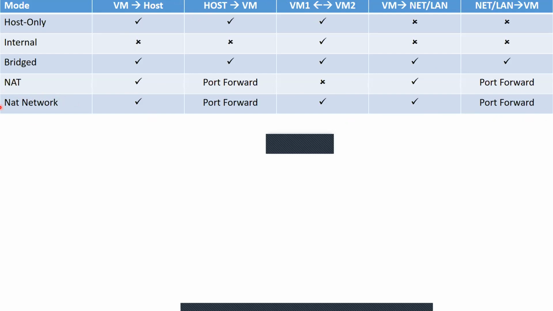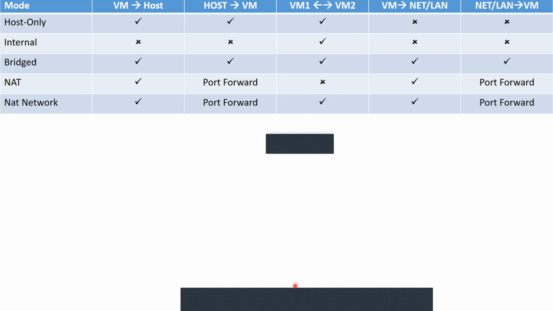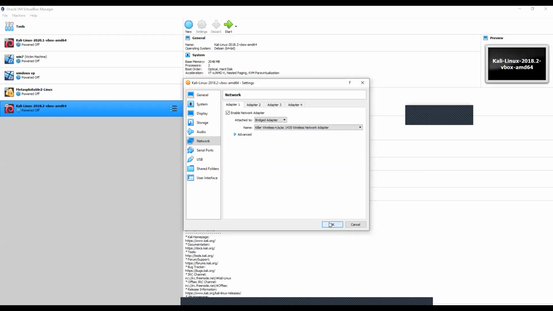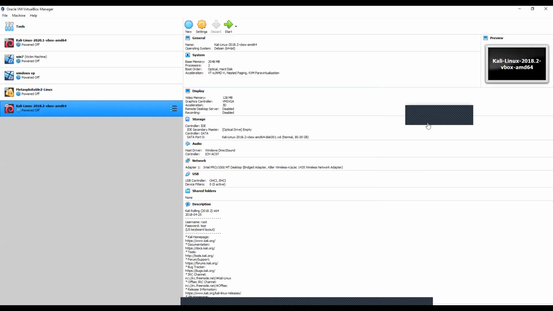The difference between NAT and NAT network is only the virtual machine communication. You have communication between virtual machines when you go with NAT network, but not NAT. That's the only difference between NAT and NAT network. So this is the difference I can show you over here, and I can click on OK, and to start this virtual machine,